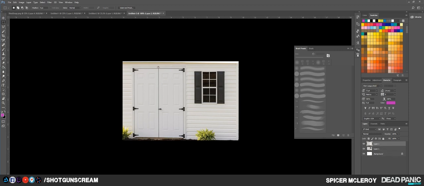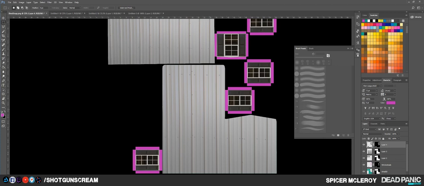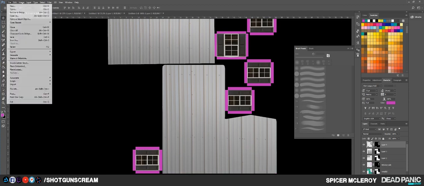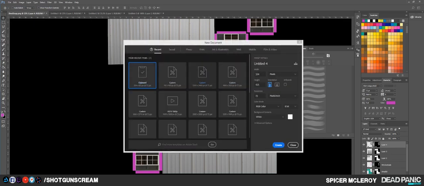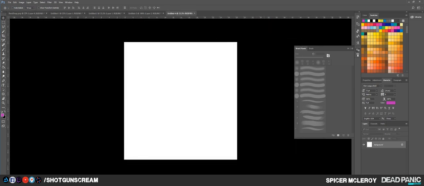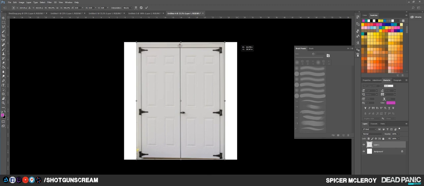Control J, and then that way we have our image. We can Control C, or Control A, Control C. Then go back to our shed snap and press Control V, and probably new document. And it's going to be 2048 by 2048. And press Control V, Control T, and I'm going to size this up